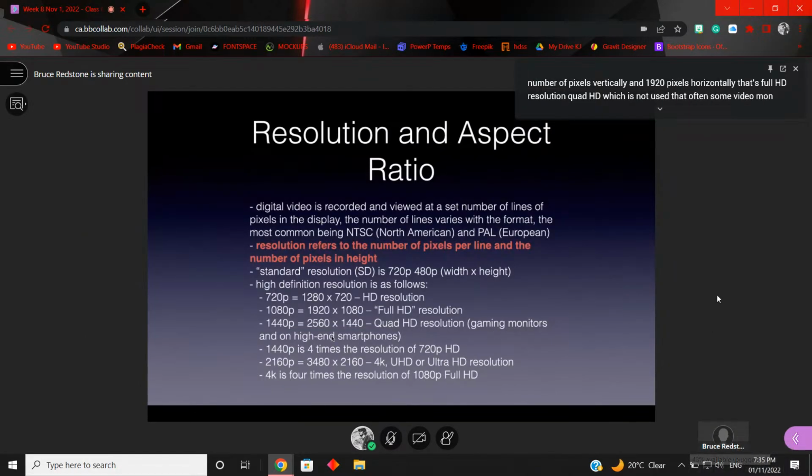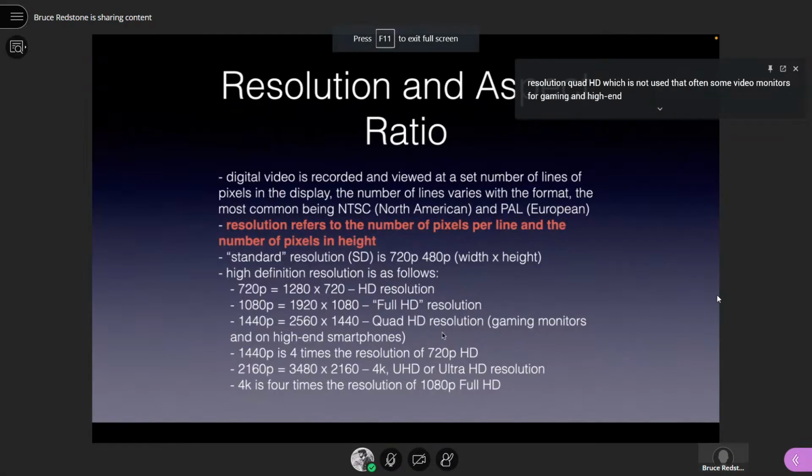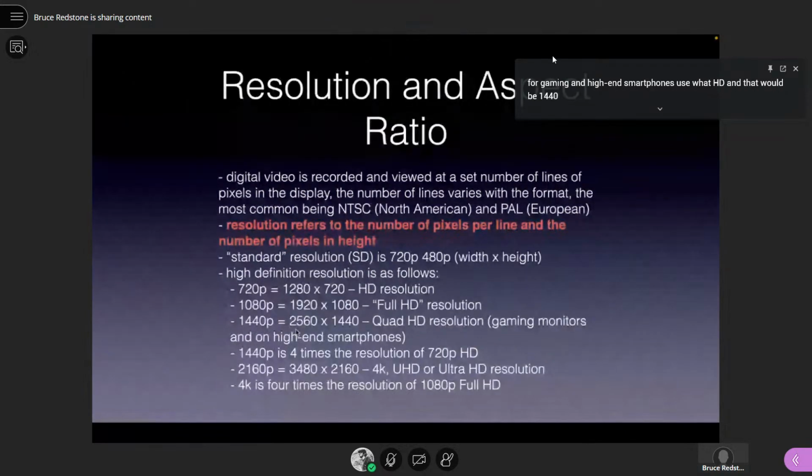Some video monitors for gaming and high-end smartphones use Quad HD. That would be 1440p, which is 2560 on the width, 1440 on the height. More common nowadays is